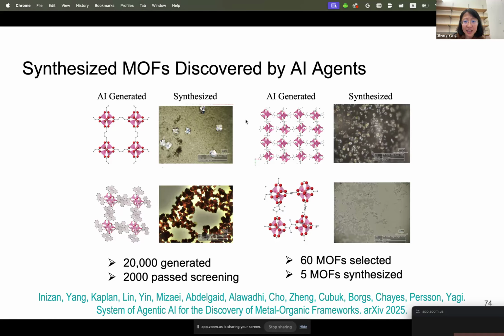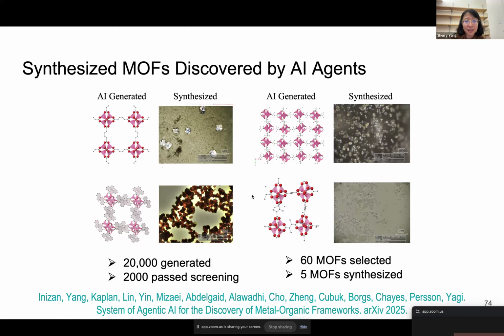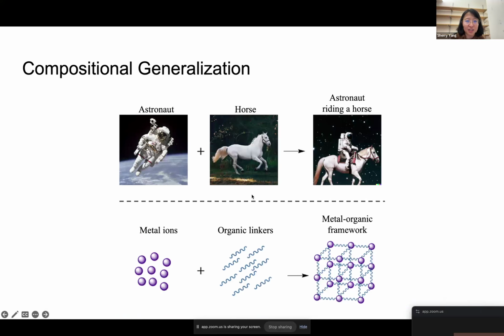So if you look at these structures, on the left is generated by this pipeline using language to suggest formulas, diffusion to suggest structures, and some properties to do filtering. On the right are what were synthesized by this wet lab. And this current paper is under submission to top tier journals. So I think this is one of the things I'm the most excited about because it's really AI put in real science.